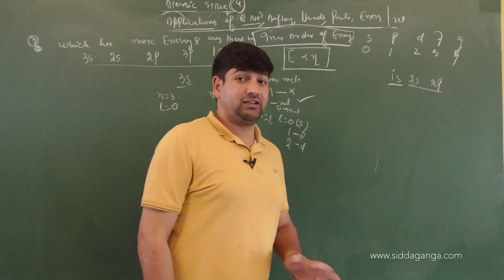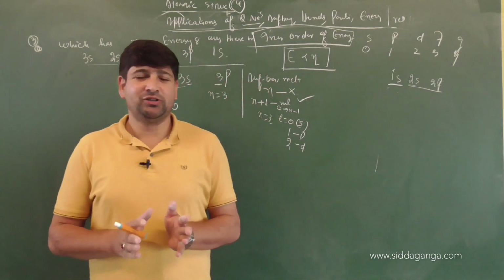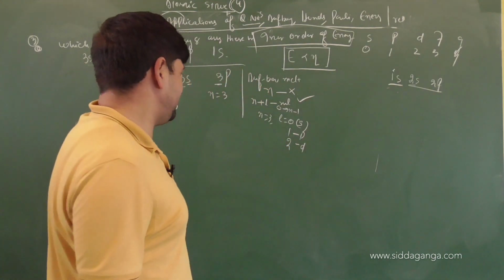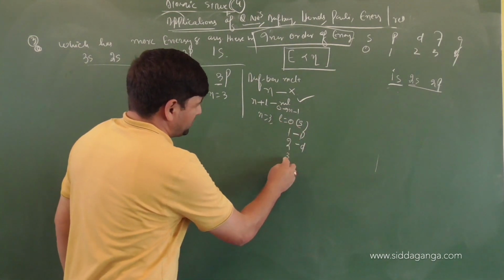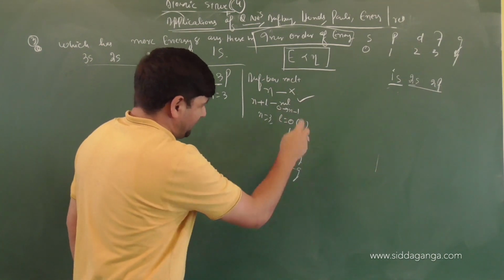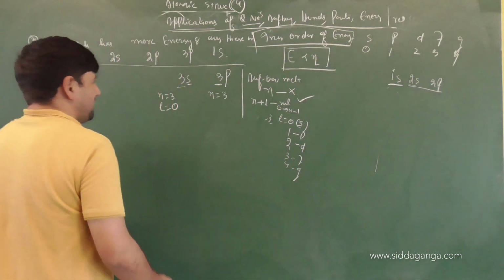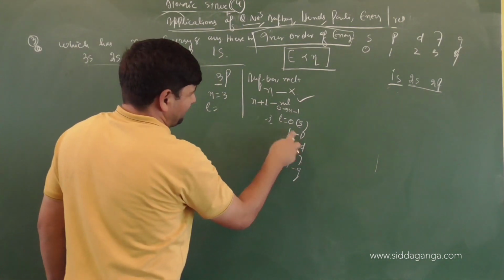It may be complicated in between. Competitive exams are all about that only. You need to comprehend a concept so that things become much easier. Correct, children? So L value 0. I will write down 0, 1, 2, 3, 4, s, p, d, f, g. Not with n value 3 here, I am just generalizing it. Clear? Okay, what is n here? 3. Now, the L value here, p. For p, what is the L value?